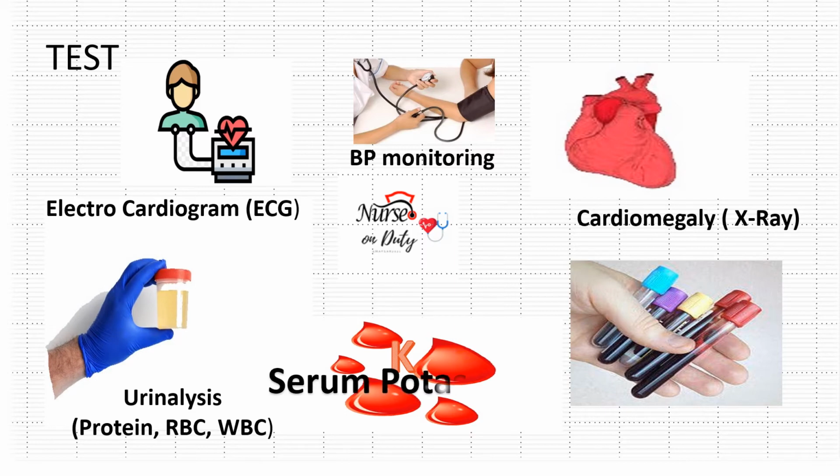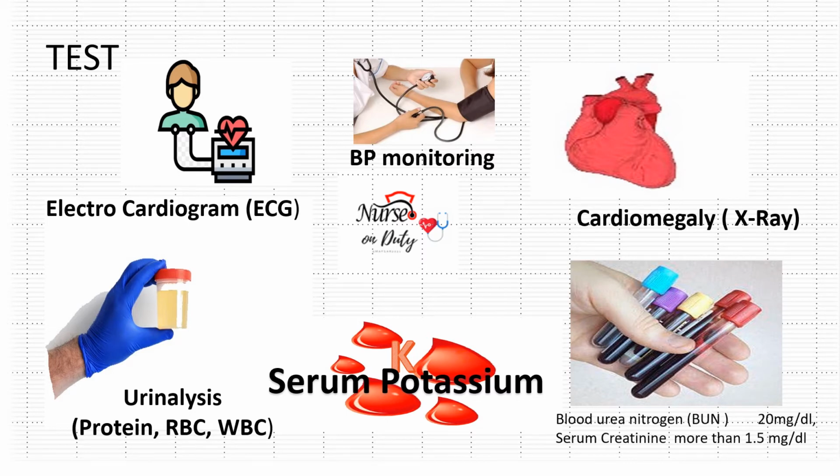So, sunod po is the serum potassium. Serum potassium is being assessed na dapat less than 3.5 milliequivalent, it may indicate kasi yung adrenal dysfunctions or primary hyperaldosteronism. Next is the BUN, or the blood urea nitrogen. Levels that are elevated more than 20 mg, and serum creatinine levels, na pag nag-elevate yun ng more than 1.5 milligrams,